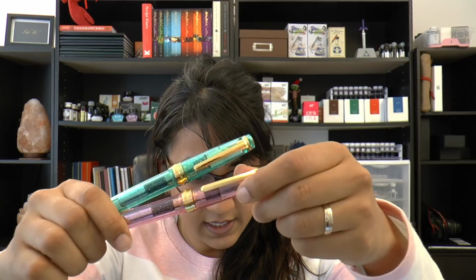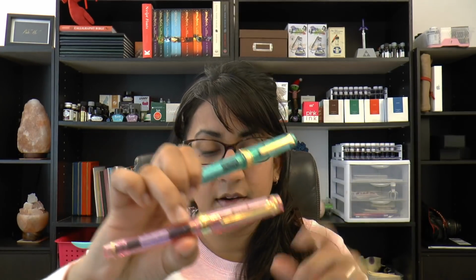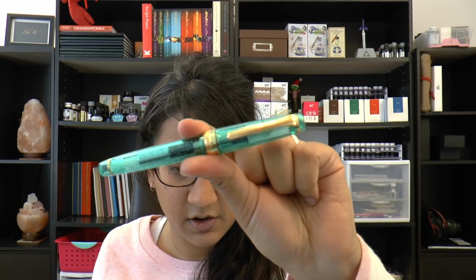The pens have a specific name, which I'm trying to find for you because it's not a super easy name. Okay, the pink one is the Pent Sailor Sakura Sai Cheeky fountain pen. And this one is the Pent Sailor Io Midori fountain pen. Now, if you haven't noticed,